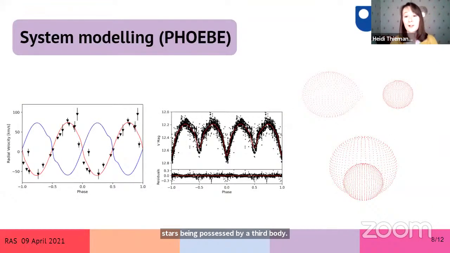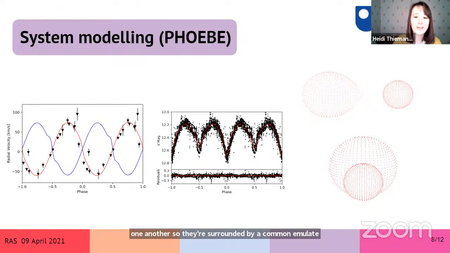Now, if we combine the multicolor photometry with the radial velocity measurements, we can model the parameters of the stars, the masses, the radii, the temperatures, etc., of the stellar components using the PHOEBE package, which implements the Wilson-Devinney code. This means that we can take our confirmed binaries and actually confirm that they're near-contact red giant eclipsing binaries. What we found is that of the 12 systems that we modeled, 9 appear to be semi-detached systems where one star is filling or overflowing its Roche lobe, and 3 are definitely in contact with one another, so they're surrounded by a common envelope.